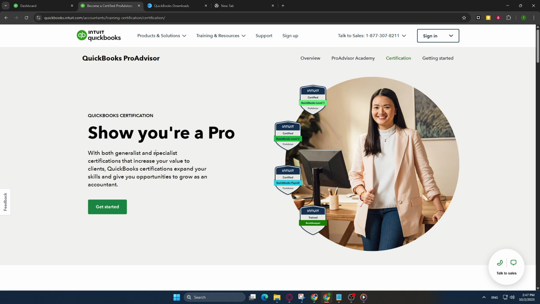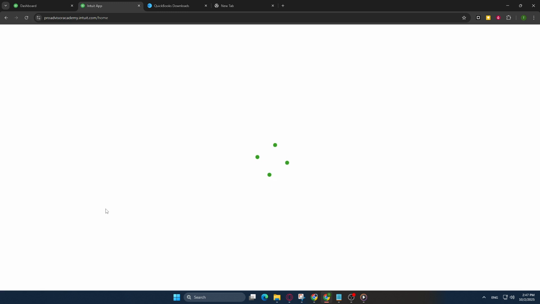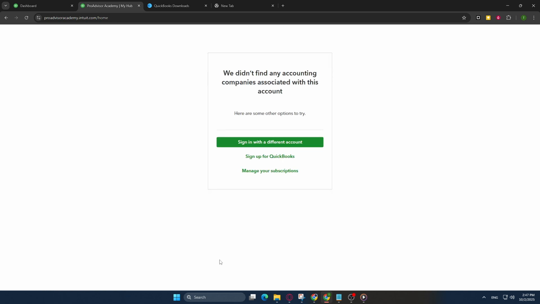Once you're on the certification page, you should see a Get Started button. This is your gateway to the certification process, so go ahead and click on it. This action will lead you into a series of exams and resources designed to test your knowledge and understanding of QuickBooks. Remember, the goal here is to prepare you thoroughly, so make sure you dedicate enough time to study the